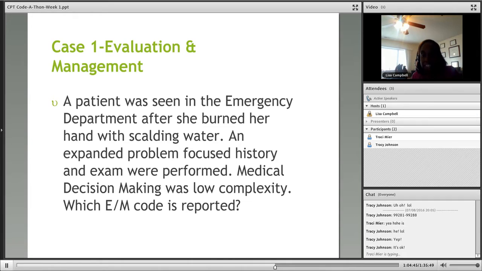Now, let's go and look up our range of codes. Now remember, this is an evaluation and management, so those codes are up front. So let's locate the range of codes 99281 to